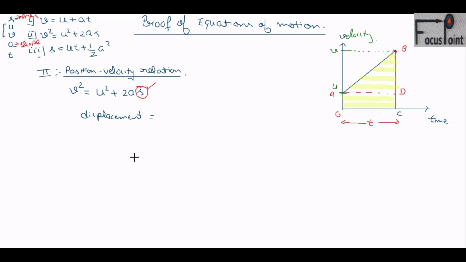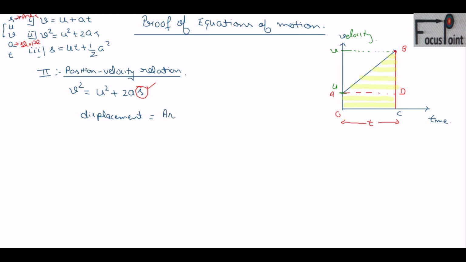Now there are two methods used to find the area of this trapezium. One is you can divide this trapezium into one triangle and another rectangle. This is one method used to find the area of this figure. Yes, sir. Another method is using the formula of the trapezium. So you have to remember which method to adopt to calculate the area. If you calculate by any one method, one equation's proof will come. If you follow the other method using the trapezium, you will find the proof of the third equation. Okay, so in general we can write displacement will be equal